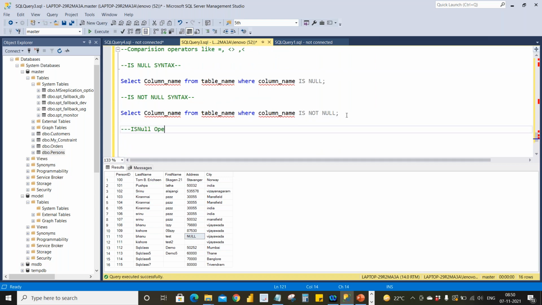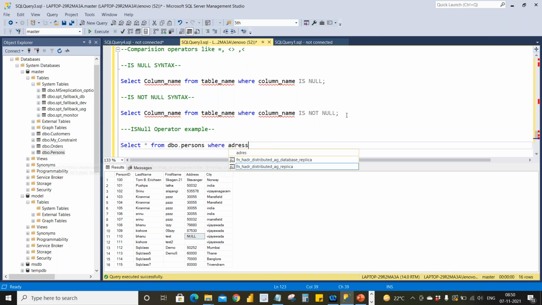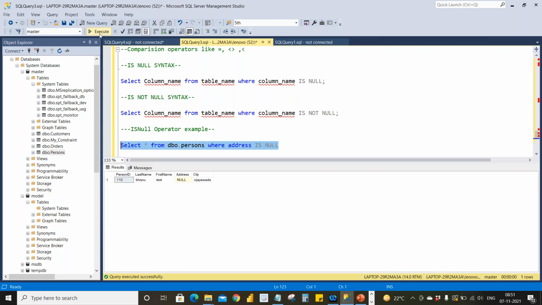IS NULL operator example: SELECT star FROM persons WHERE address IS NULL. Okay. So I'll get only the 11th row. Yes, you got the 11th row, right?